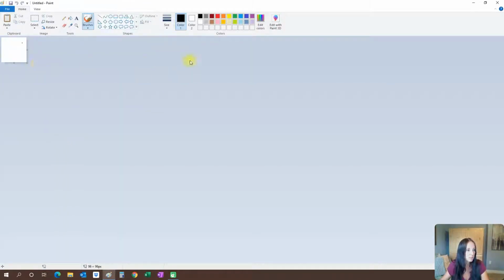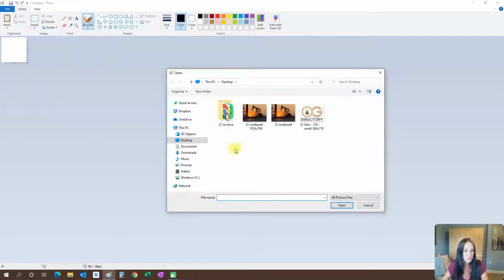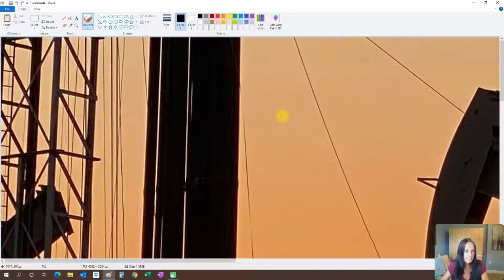It's going to open up a screen with a lot of options, but we're just going to get straight to the point. So if you open up the image that you need to resize, you can see that it's a lot larger than we need it to be. In fact, the dimensions are here, 4032 by 3024. For the photo gallery image, you need your photo to be 1024 by 768 pixels for the most optimal viewing